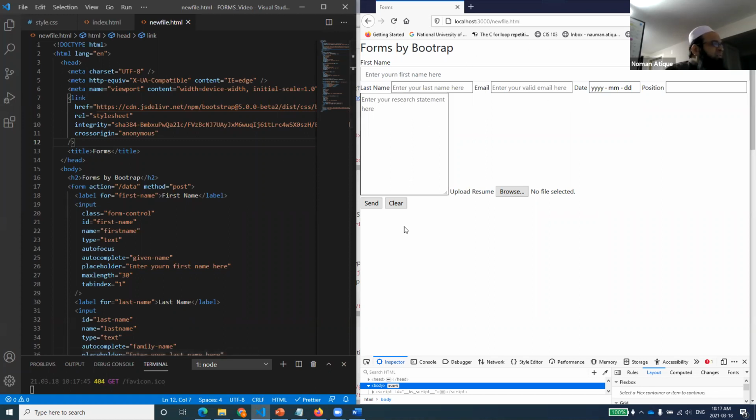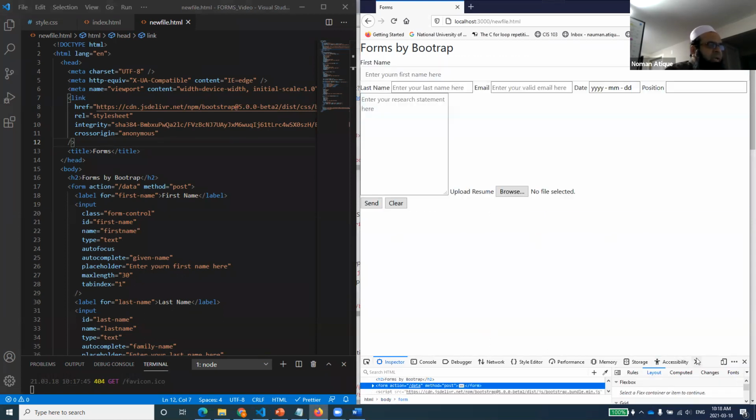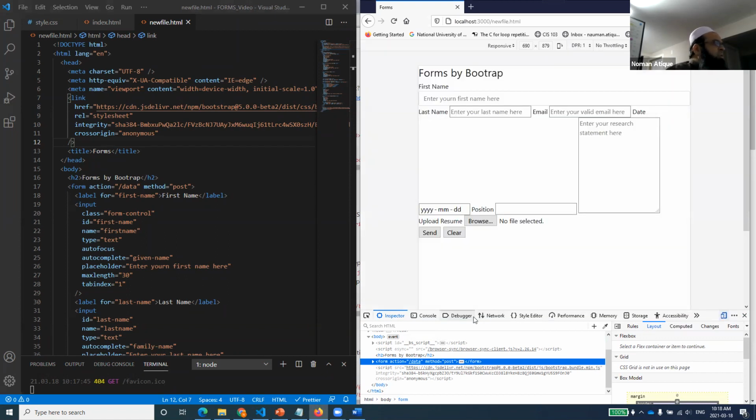I am using the Firefox browser. I would recommend you can use any, but Firefox is sometimes good. If you have opened up this document, you right click and go to inspect element. You see here that there is something called responsive design mode. If you click on that, that was already clicked for me.